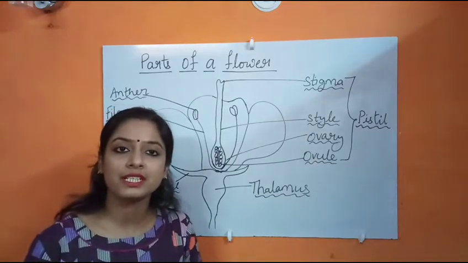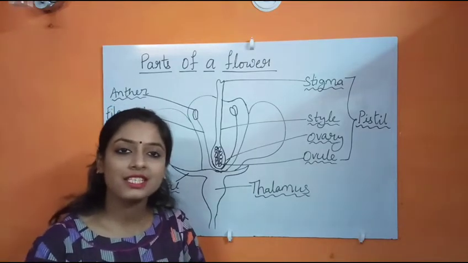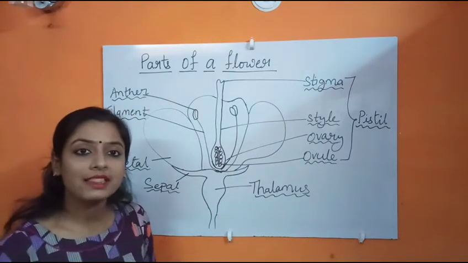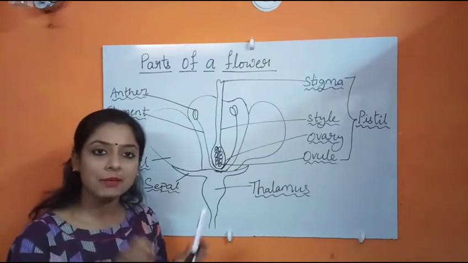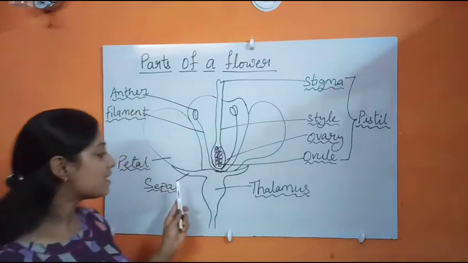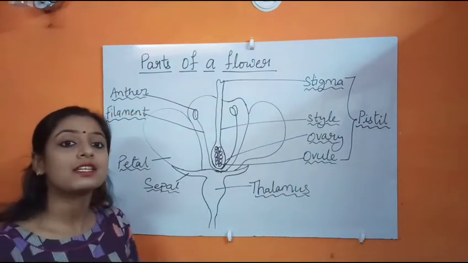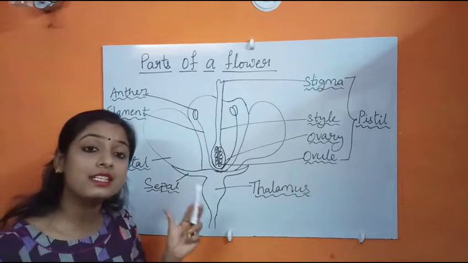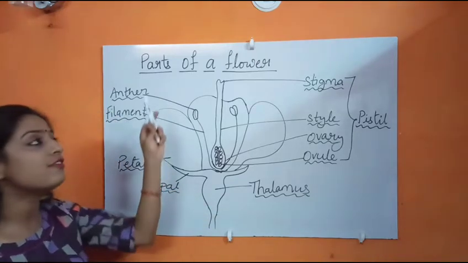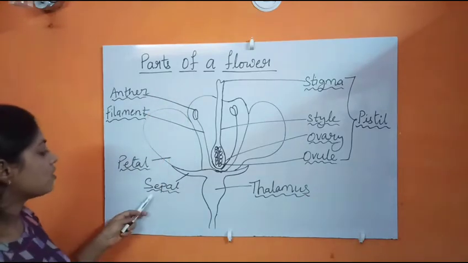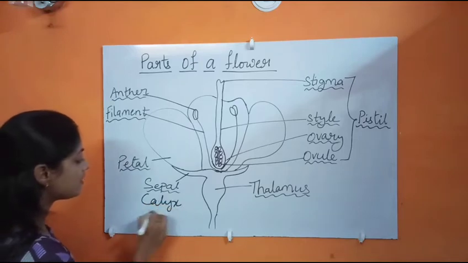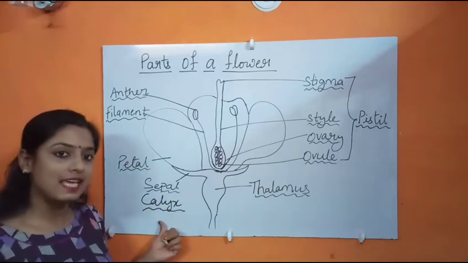When you see a bud in its younger stage, then sepal is there, which covers and protects it. जब आप बर्ड देखते हैं यानी एक कली को देखते हैं, तो कली के बाहर आपने देखा होगा there is a green outer covering over it. That is sepal. It protects a bud when the flower is in its bud stage. So sepal is the outermost whorl of a flower. Okay, sepal is also called as calyx.